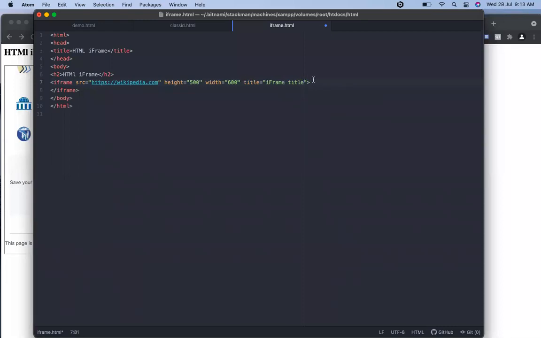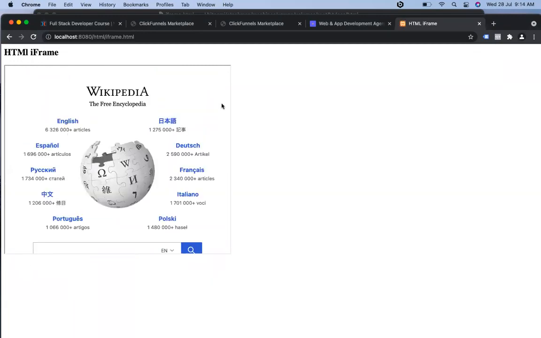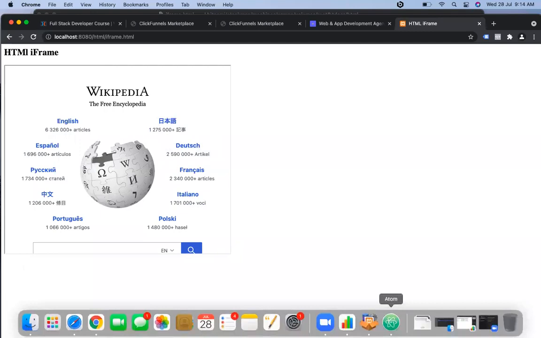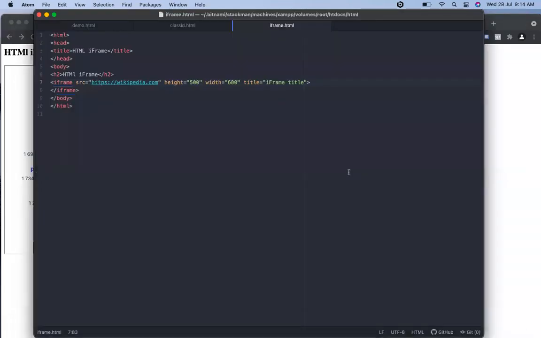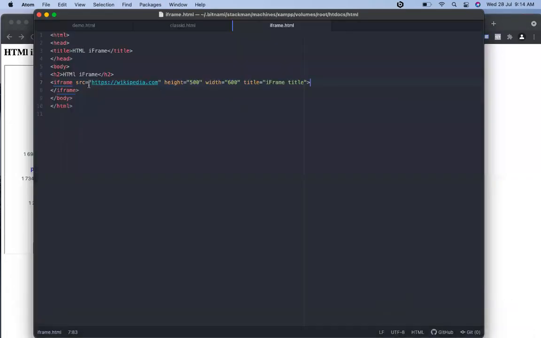Okay, it's a normal thing. When we save it, when we refresh it, okay, so next thing, I want to remove the border of the iframe. That is also already a part of CSS and style, right? If we can define the body, now I can do it like this, style